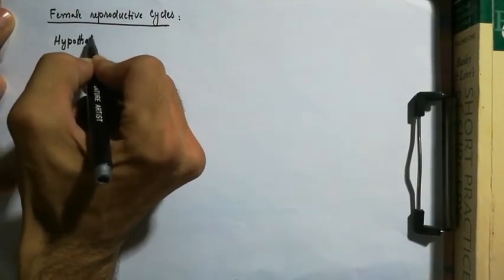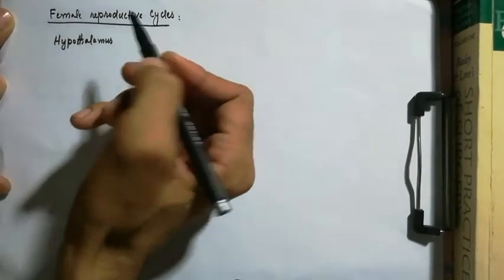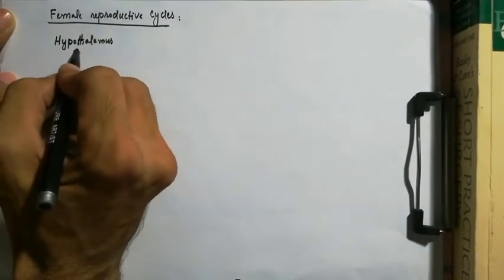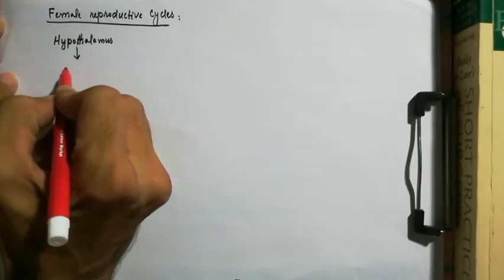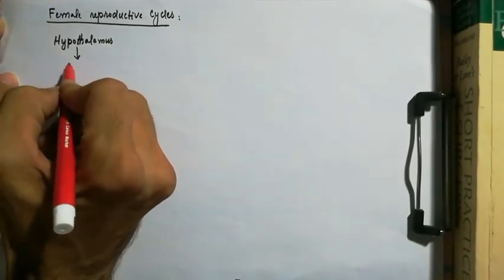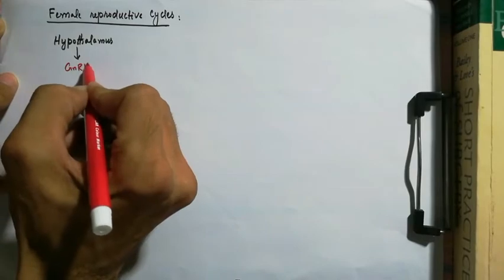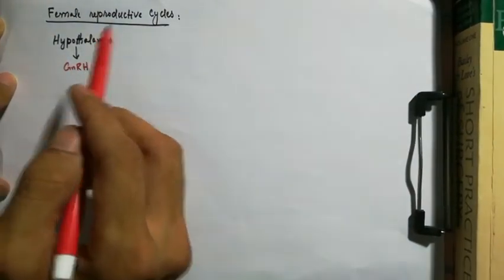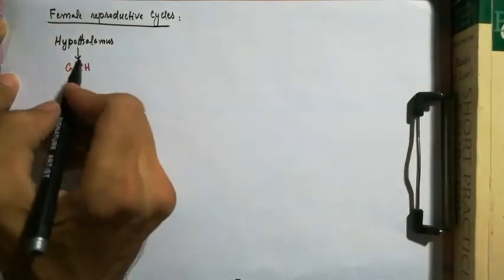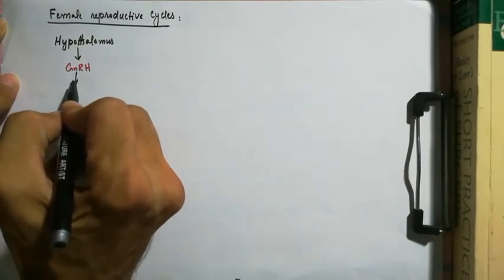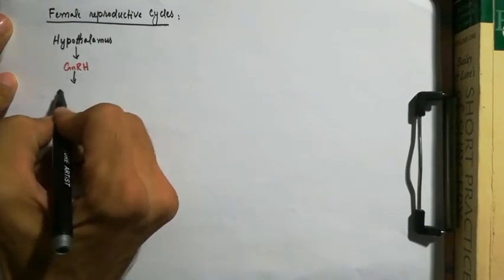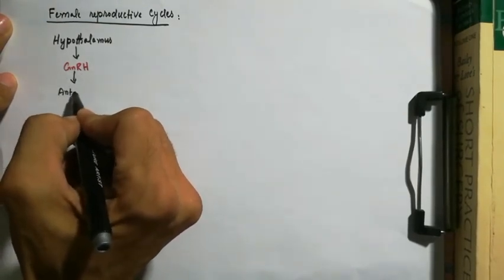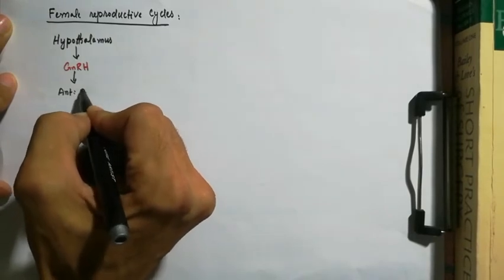Hypothalamus secretes gonadotropin releasing hormone. This gonadotropin releasing hormone acts on anterior pituitary gland, anterior lobe of pituitary gland,